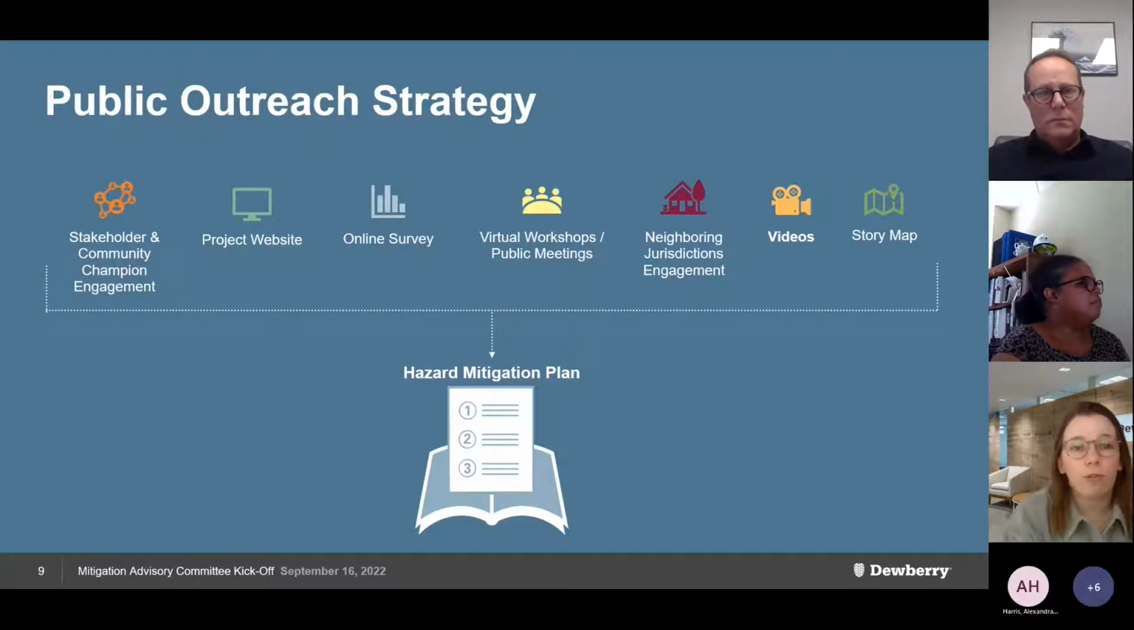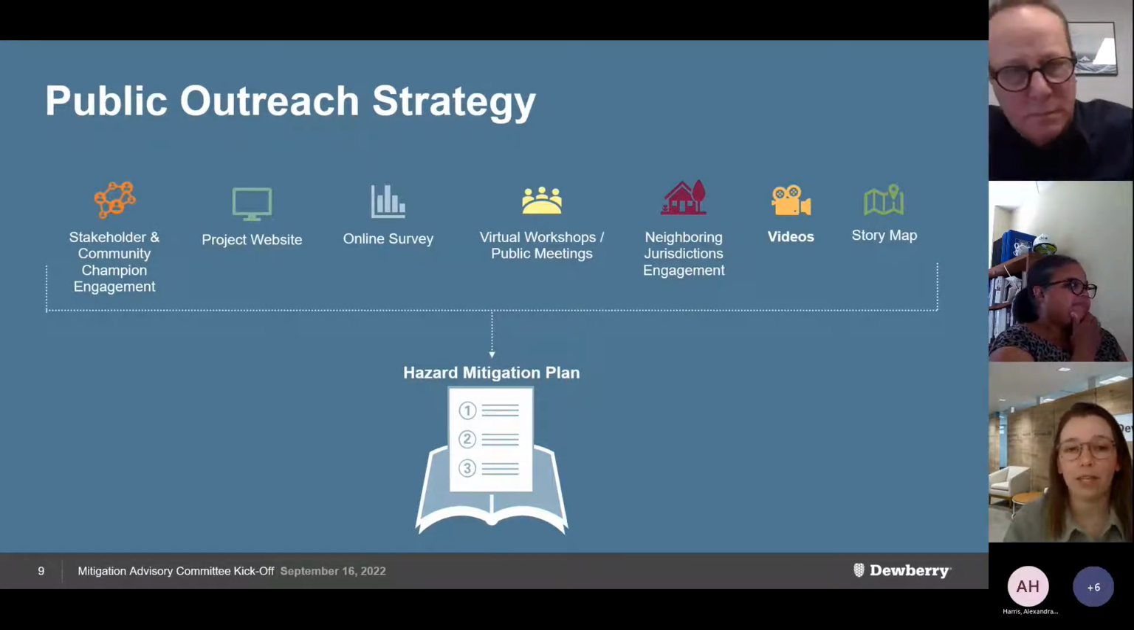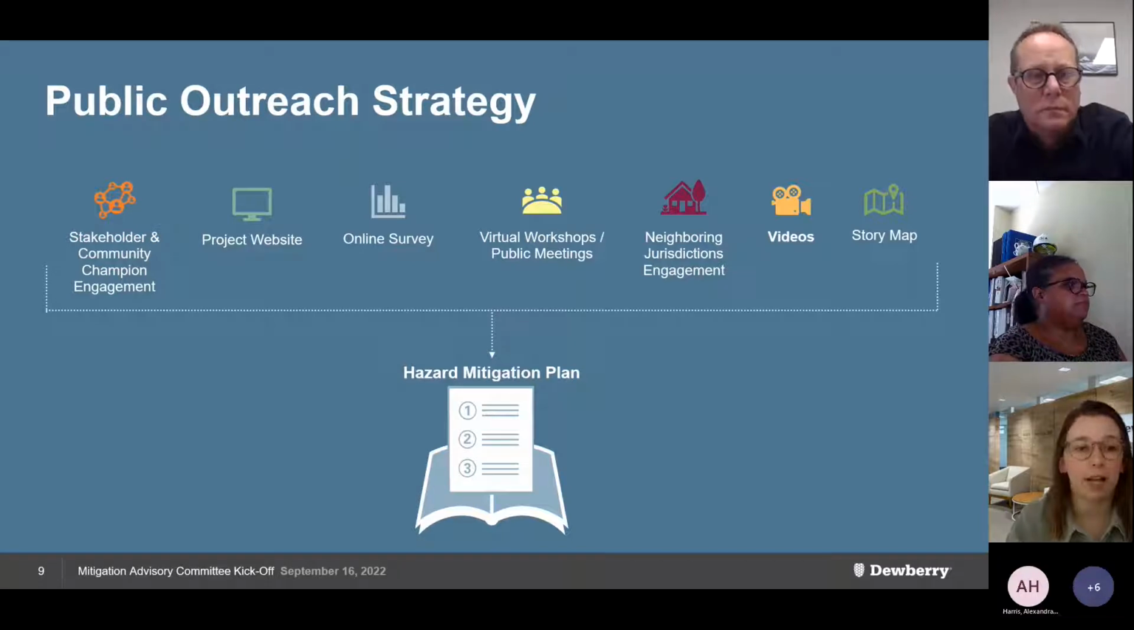And then just an overview of the public outreach strategy, because we will need to do this piece as well. We do realize that we have a short deadline here, but we want to make sure that we give the public and stakeholders adequate opportunity to get involved with the process. So we'll make sure we have an updated hazard mitigation website on the county's website. We'll have an online survey for the public where they can participate, as well as they'll also be invited to public workshops and meetings where they can ask questions, share their concerns and comments, and learn more about the planning